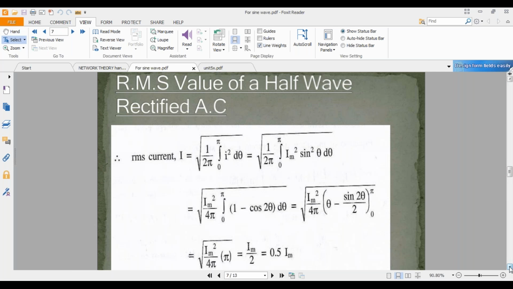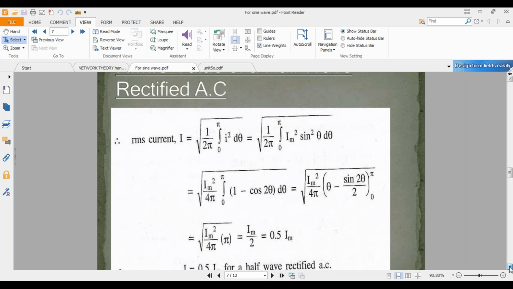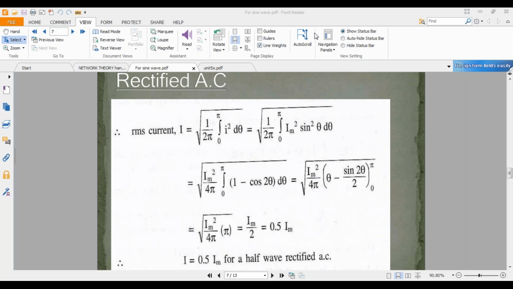Similarly, for example, if you have been given a waveform like a half wave rectified output, what will be the shape of the half wave rectifier output? For the case of the half wave rectifier, you get the output waveform like this. Half cycle only. The remaining half cycle is again equal to 0. Now its limits are 0 to pi, and from pi to 2 pi, it is 0 value.